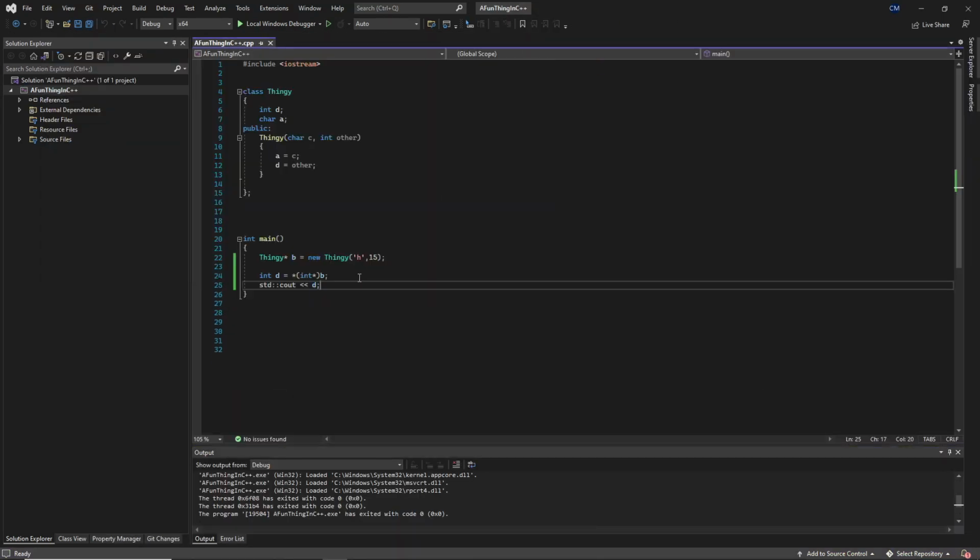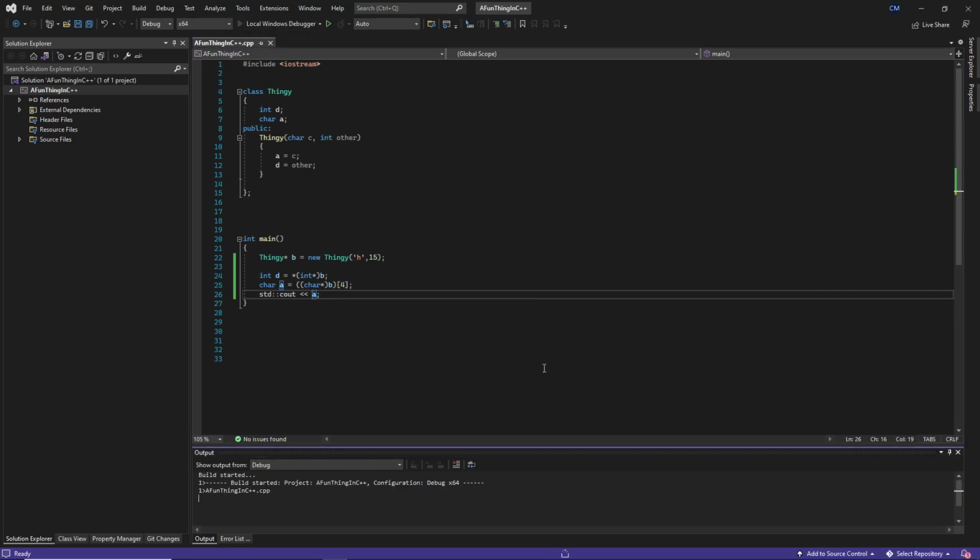Now, this is also completely possible for other variables which are further into the class, and it is just consecutive in the order you put them in. So if we want to get the char, we have to do something slightly different. We get the char, and then we do this. So we iterate slightly through the class, and we remove that. We fix that all up, and then we can print that out, and we will get h as we put